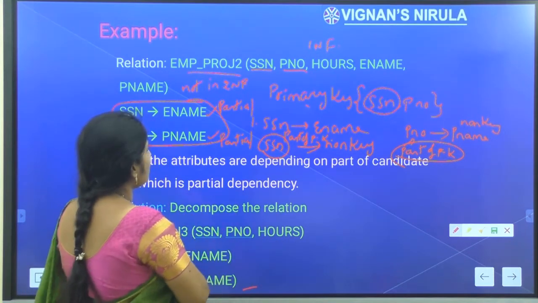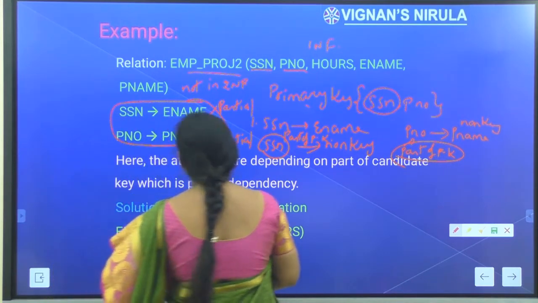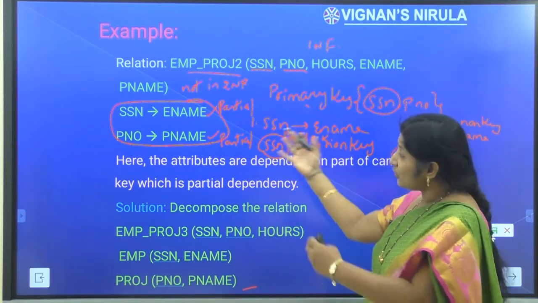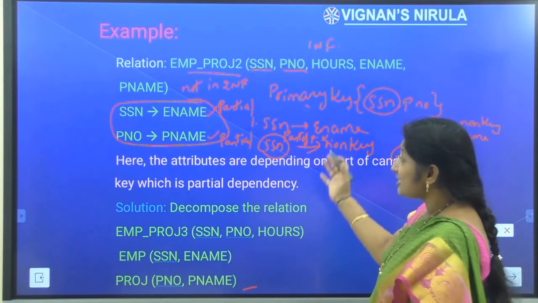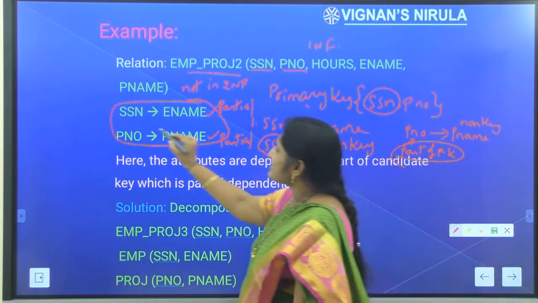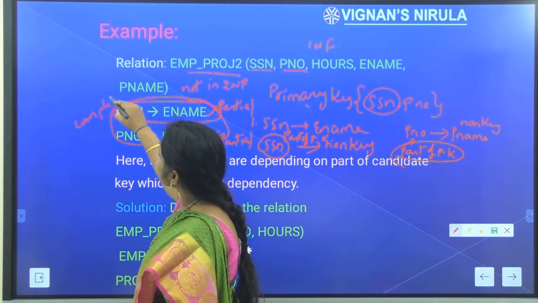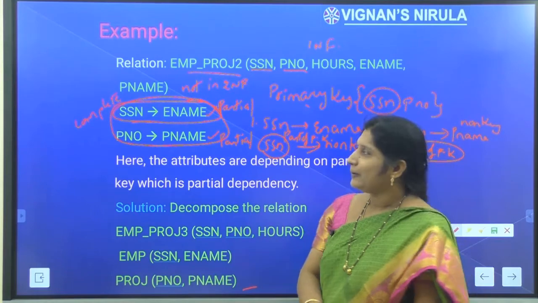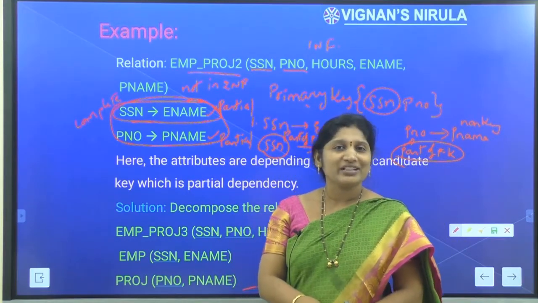So let us make my table 2NF by using the decomposition process. We should be careful about how we do the decomposition, such that the partial dependencies are avoided. So I should make SSN implies E-name a complete dependency. In order to make this dependency complete, the non-key should depend on the entire primary key, not on part of the primary key.